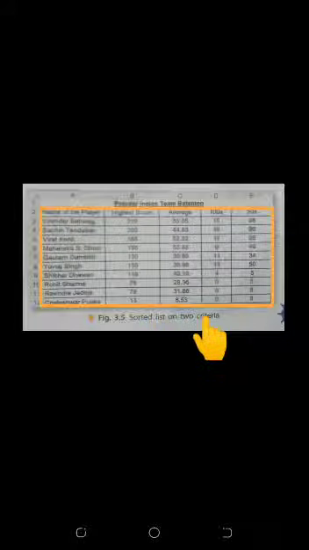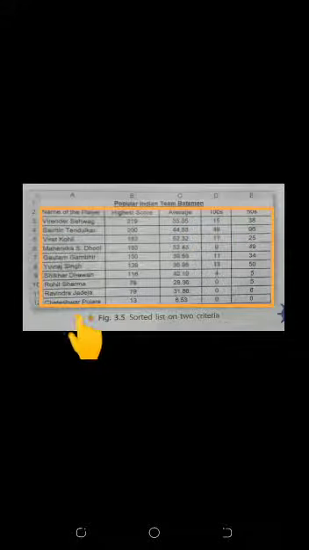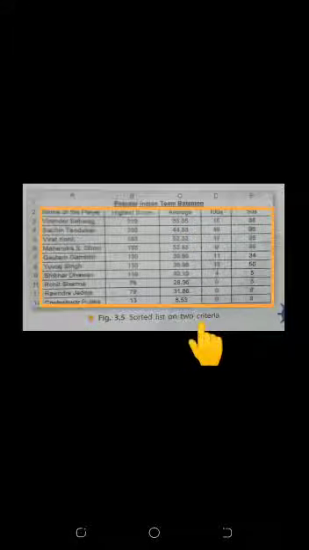Now I want to create one chart for this Excel sheet. So first of all, if you have a computer at home, you will create an Excel worksheet like this. For creating the chart, first of all, you will select your data from A2 to E12. This full Excel worksheet you will select. This is our first step to create a chart.